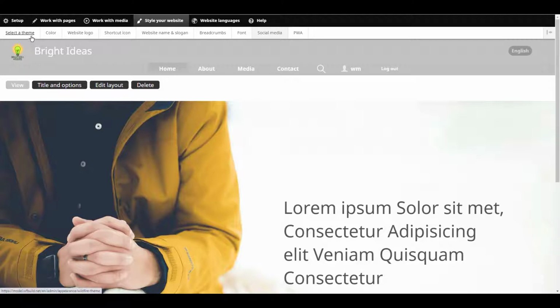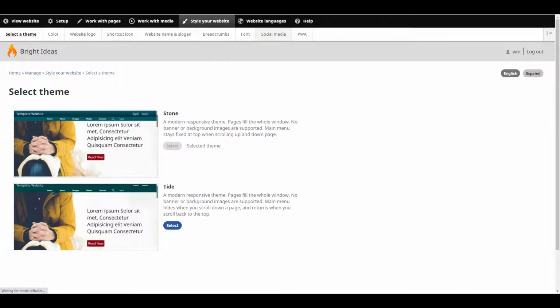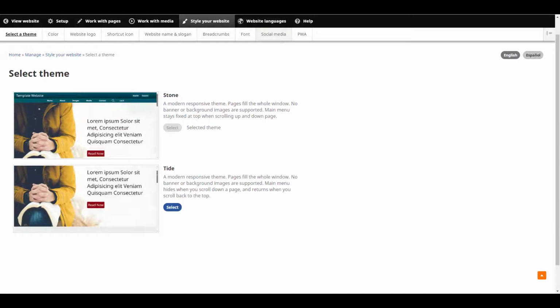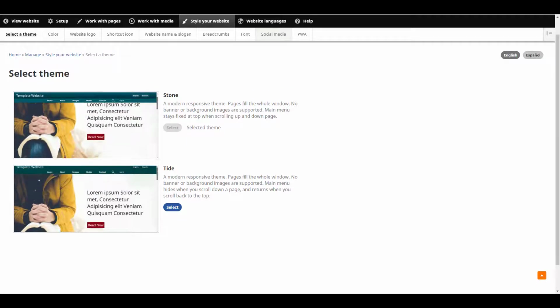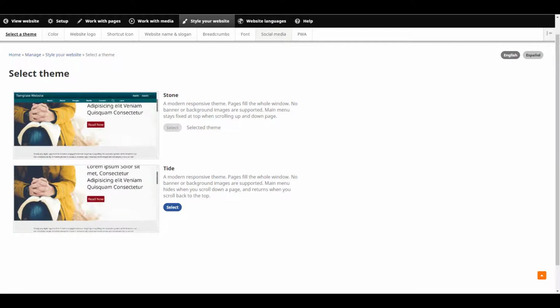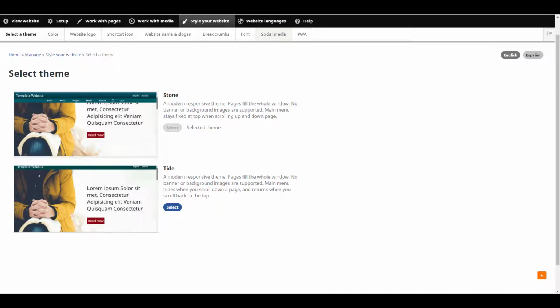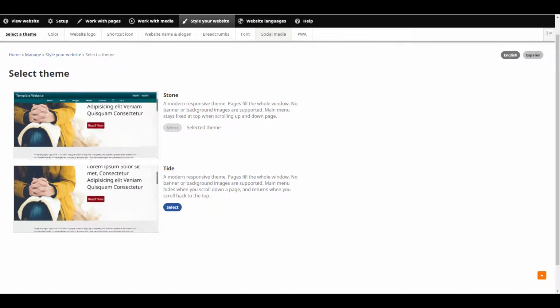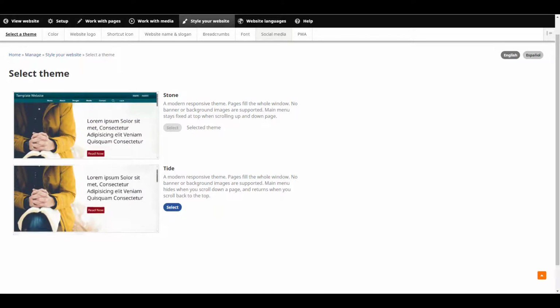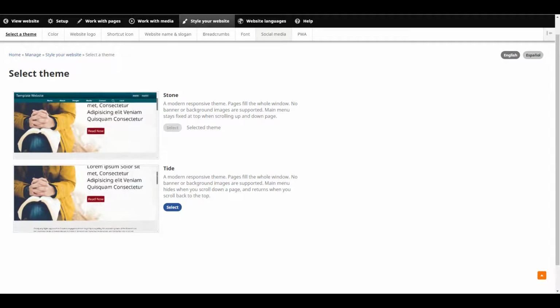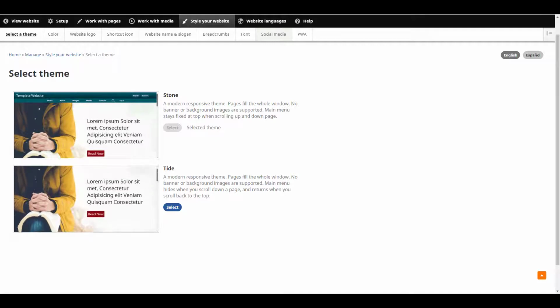Okay, let's move on. The next item we'll talk about is theme. You can try the other themes that Wildfire offers, but be aware that when you do this, it will actually reset your color and logo to the default color and logo. This isn't that big of a deal, but you will have to go back and select those again. But you really shouldn't have to change your theme very often. At the time of this recording, Wildfire has just 2 theme options, but there's more coming, so you may have more choices than what's on my screen right now.